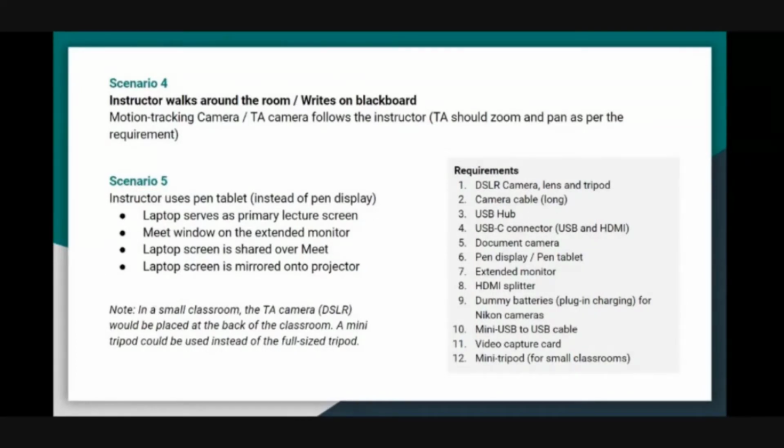In an ideal case, in a hybrid classroom, we should have a 2-camera system, one that focuses on the student and one that focuses on the instructor and is motion enabled. So those things are being worked out, and in near future, we will have some more updates for you regarding that. But in case you want to immediately use this in the coming semester, this is just some example.